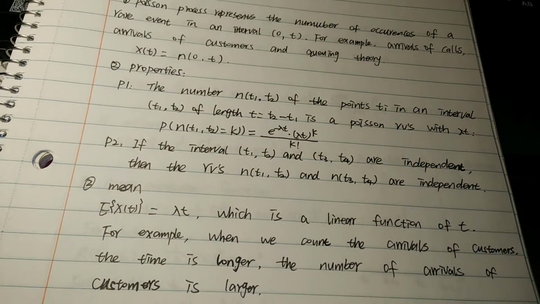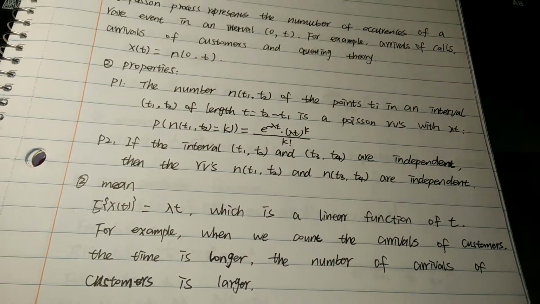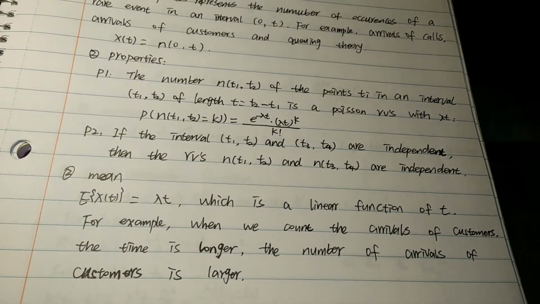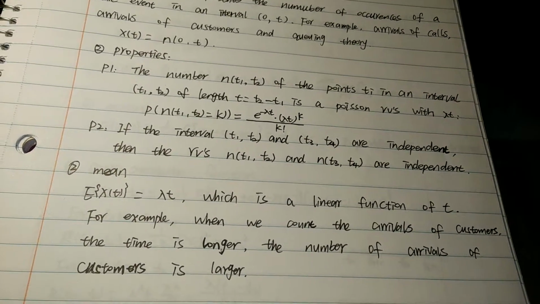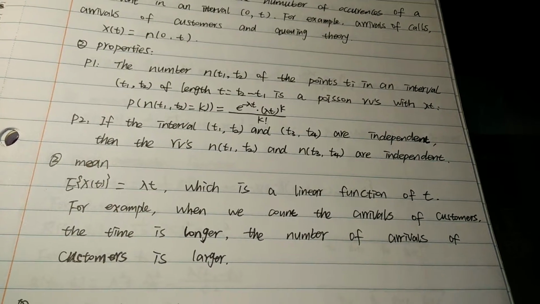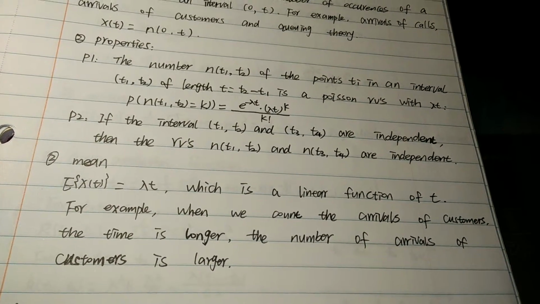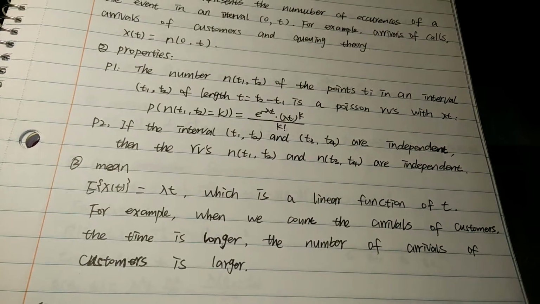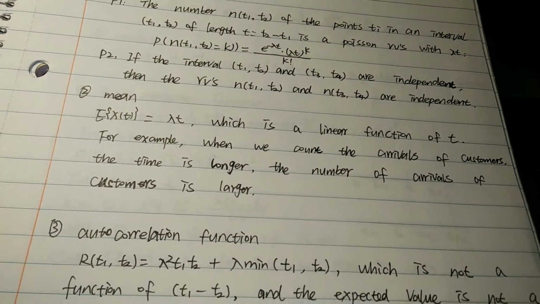Secondly, the mean. The expected value of x of t equals lambda t, which is a linear function of t. For example, when we count the arrivals of customers, the longer the time, the larger the number of arrivals of customers. Third, the